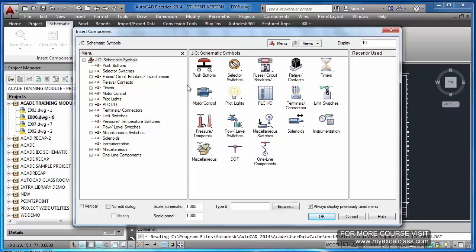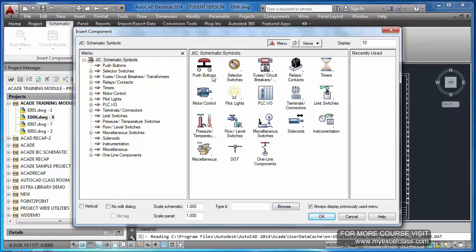Of course, you can create your own library and add those into this menu. That we will touch later on. Initially, we will try to create a few drawings with whatever is available within this menu.